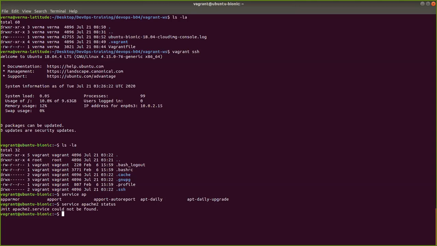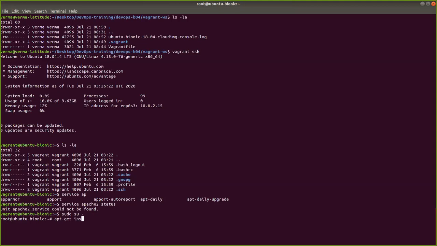I will go and install it. What I do first is sudo su. You know that sudo su means you become a root user, the superuser. After that, I am doing the first command. I will take you through these commands, like what the service command is and the meaning of the apt-get command.